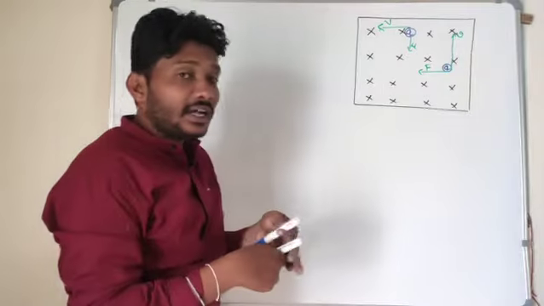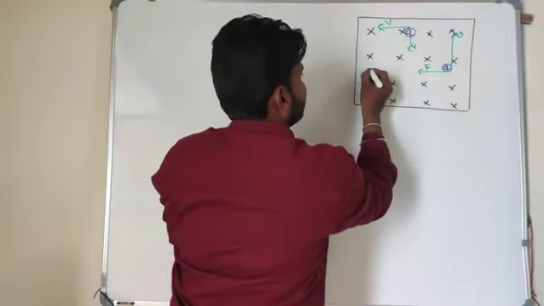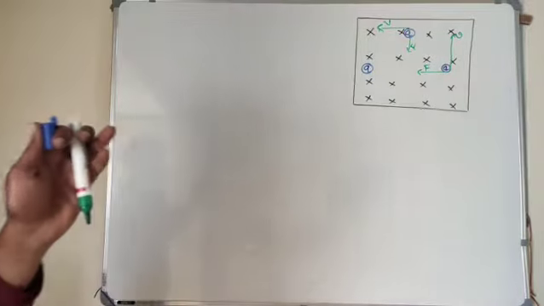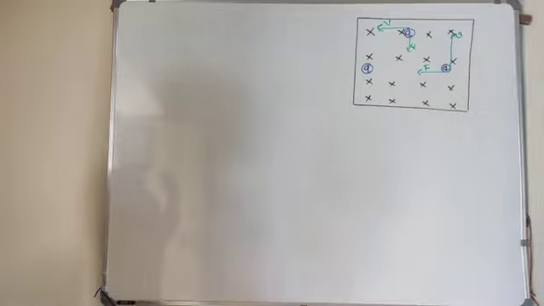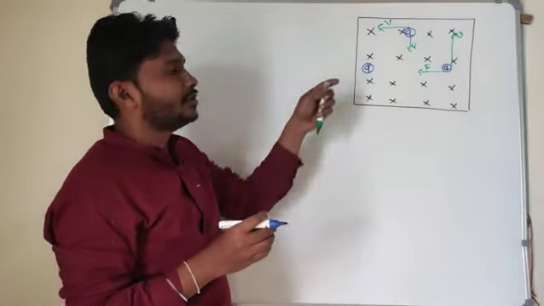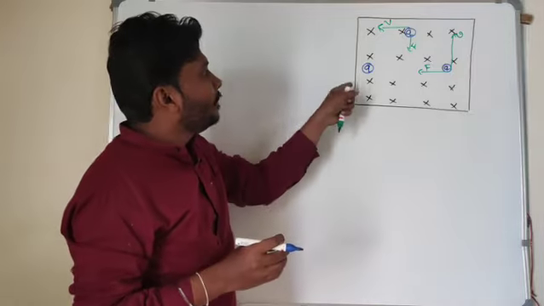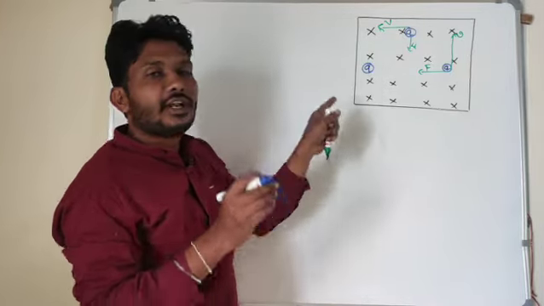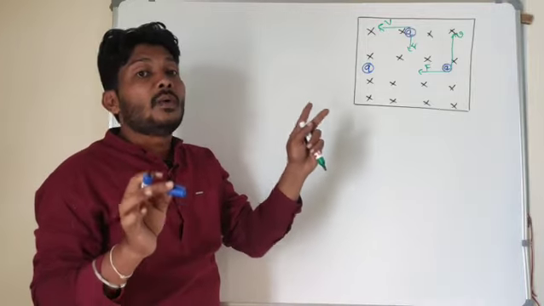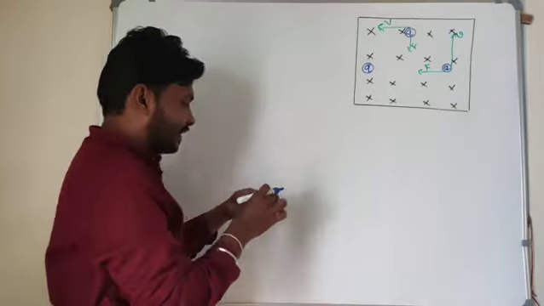Now if the charged particle is in this position, wait for a few minutes, sometimes it will get blurred. I will check whether it is adjusted to the frame or not. Okay, fine. Now this is charged particle Q, in this position. Again my job is to find the direction of the force and the direction of the velocity.